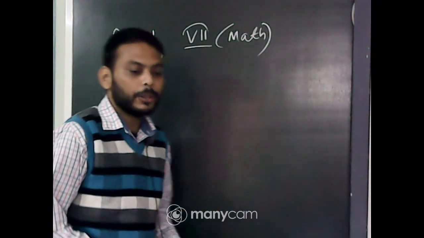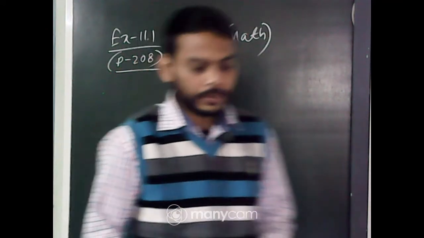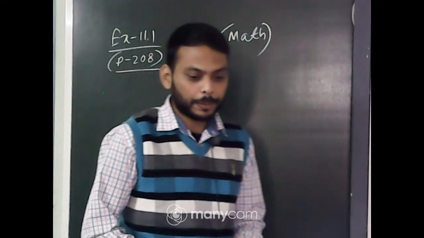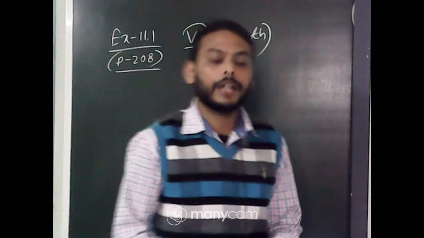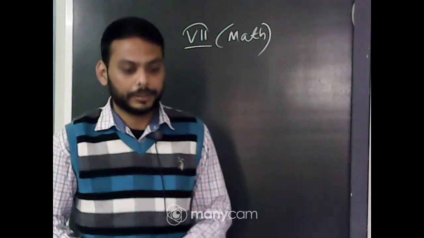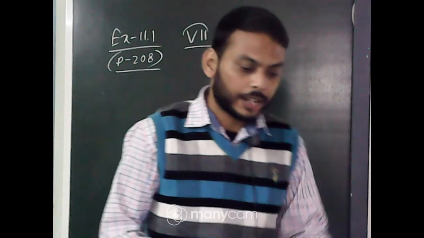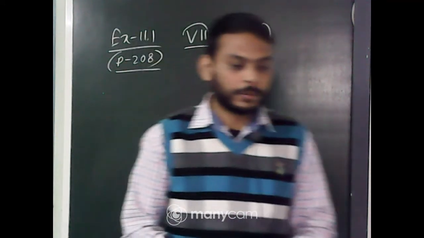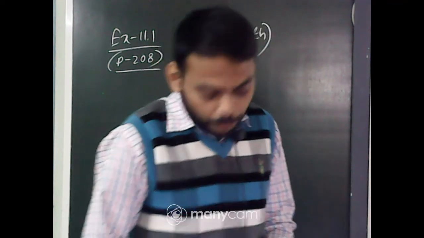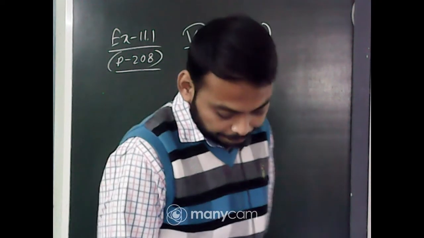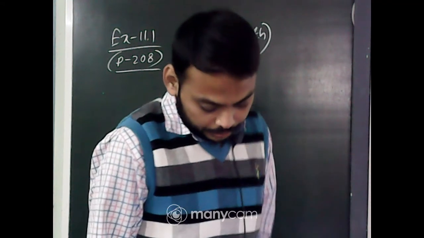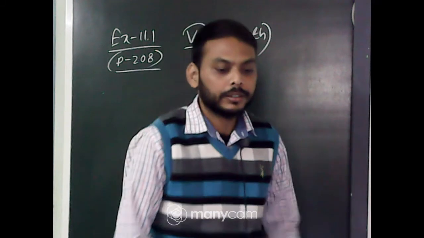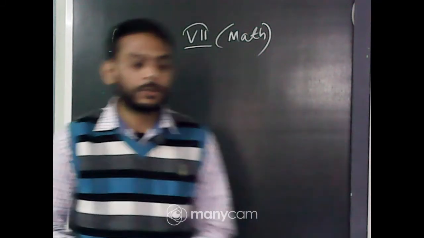So all of you open your book, open your copy, and you also do it with me, okay, in your copy. And if it is possible, you can also send the pic of your copy whenever it is done. I'll check it out if it is possible. Okay. So let's move on to question number 5. First of all, go through the problem. You know all the formulas, the perimeter and area of square and rectangle.